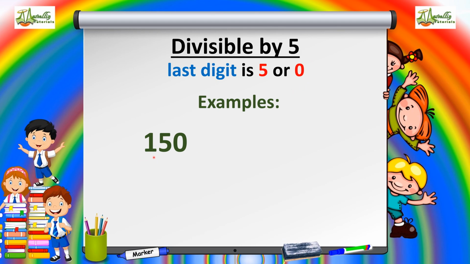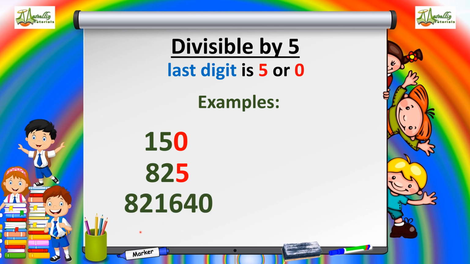So we have 150. This one ends with 0. So it says here if it ends with 0, that is divisible by 5. Next number is 825. This number ends with 5. And it says if the last digit is 5, then that is divisible by 5. Let's have another example,